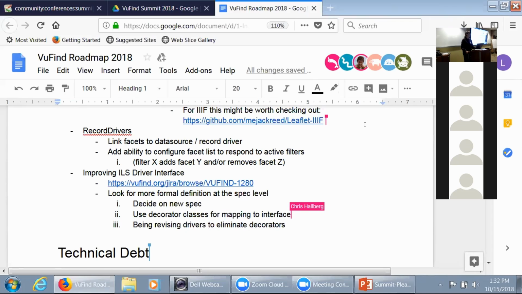Can you explain a little bit more about what is the pain point you're trying to address? So the question was, what is the pain point we're trying to address? And the answer is that